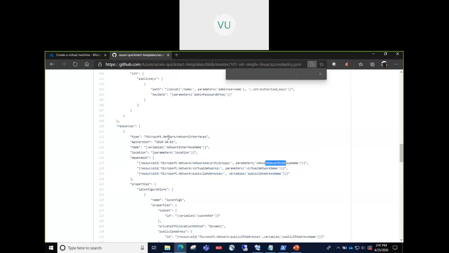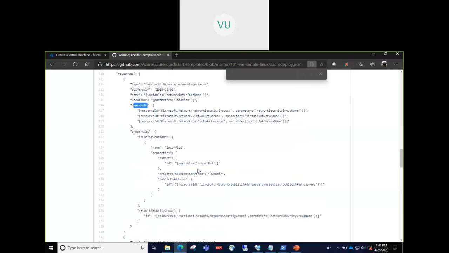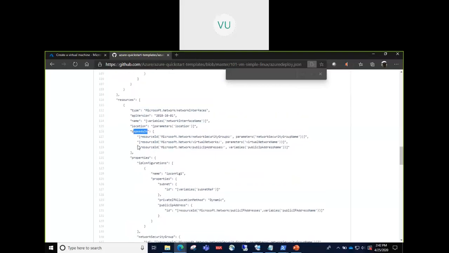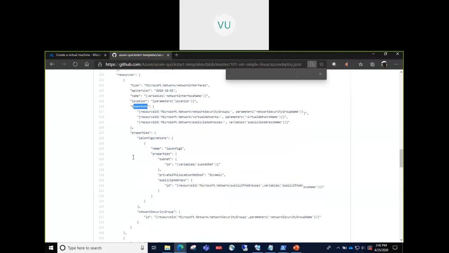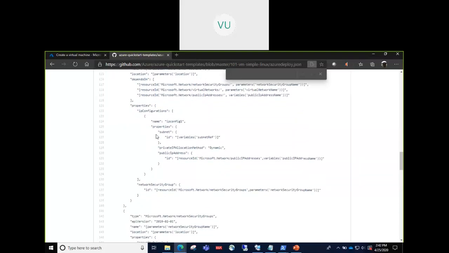Once those are created, it will come back and create this network interface. This is how you orchestrate the creation of resources. If there are any dependencies, you can handle that using this. Right, so that is depends on.